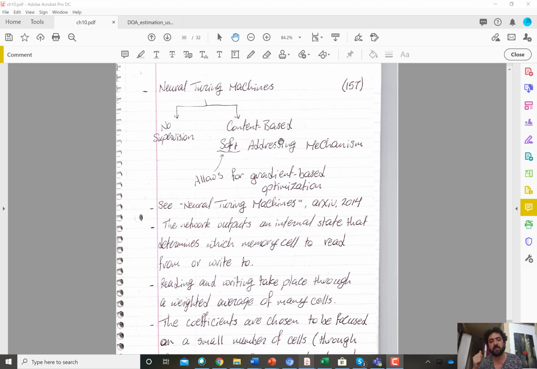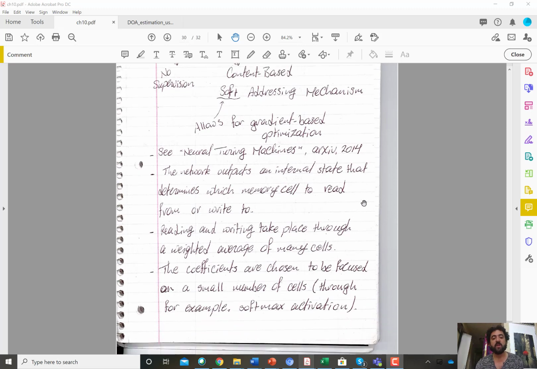So we access part of the memory by seeing something or remembering something that is similar to it, right? For example, you want to remember the name of someone, then you see the face of the person, and that helps you remember the name. If someone tells you the first letter of the name, that helps you remember the name, right? So you actually access the data by the content, by similarity, right? So you have a key to access the memory, and that key is similar to the content, right? And interestingly, neural Turing machines have this content-based addressing. It has a soft version of it. Soft meaning continuous and differentiable, right? So that you can work it out with gradient-based optimization, right?